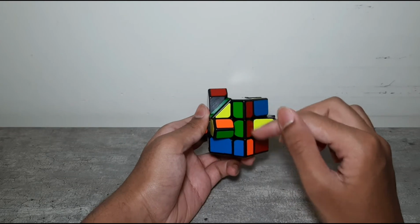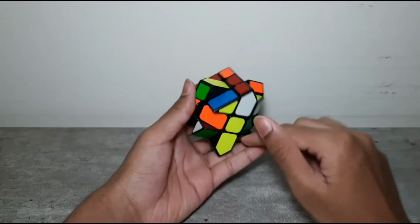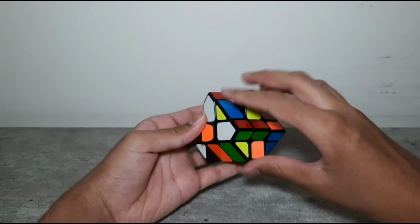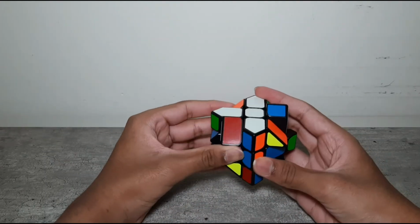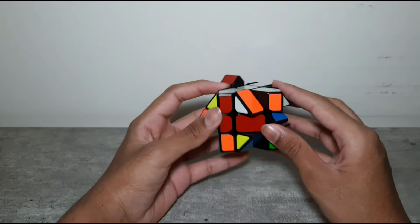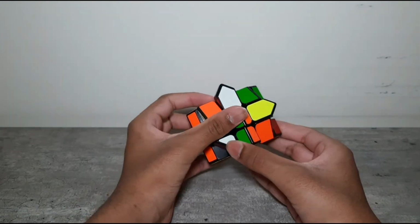Coincidentally this one also happened to be in its place, but if it's ever not, you move this side twice to bring it onto the bottom layer, bring it right under where it needs to go, and then move that side twice. So let's go on to the next one. The next one is here, and we've solved it, but it's on the wrong side. So here we implement what I just showed you. We move this twice. Now it's on the bottom layer. We bring it under where it needs to go, which is here,